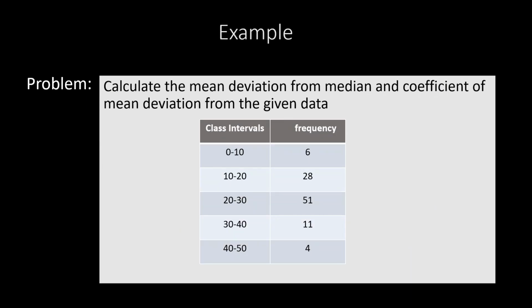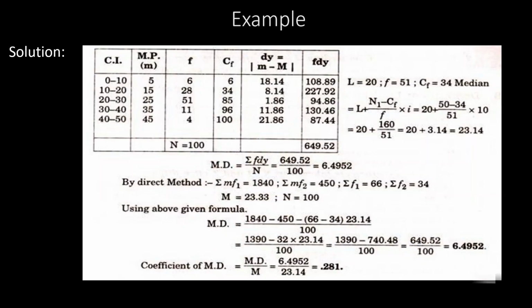Now let us move to one more example in which we are going to find the mean deviation from the median. Here the class intervals and frequencies are given to you. First, we convert the classes into mid values, as I said before: find the average of the lower and upper limits to get the mid values. And here, as we have to find the median first for the mean deviation about the median, we require a cumulative frequency column.